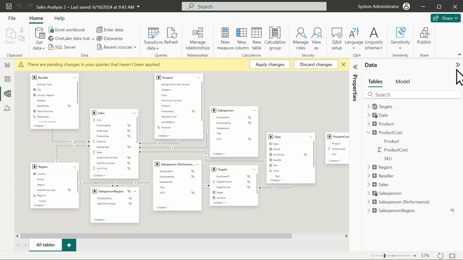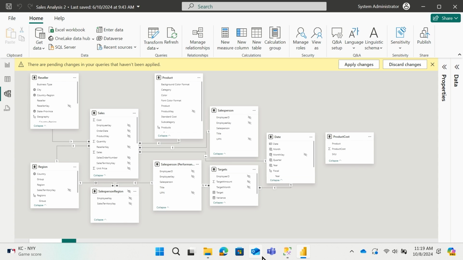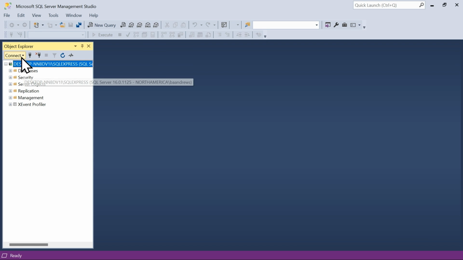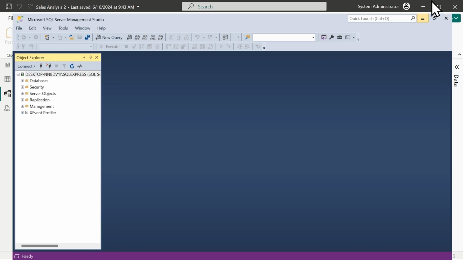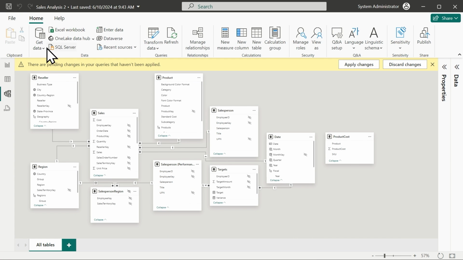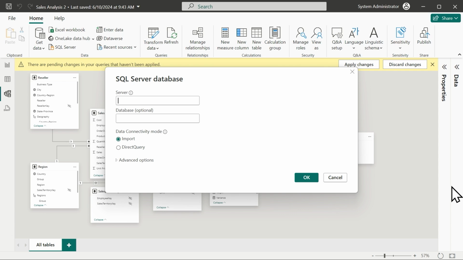So we have Excel pulled in, but I also want to pull in from SQL. So I have a SQL Server on this computer that I'm going to go ahead and use, and I'm going to pick up the name of that SQL Server by copying in that server name there. Then I'm going to go and get some data. Now notice I have SQL right here on the ribbon. But I can also go in to get data and pick it from the list here as another option. And when I do that, I'm going to paste in the name of the server here. And there you have the option to do an import.